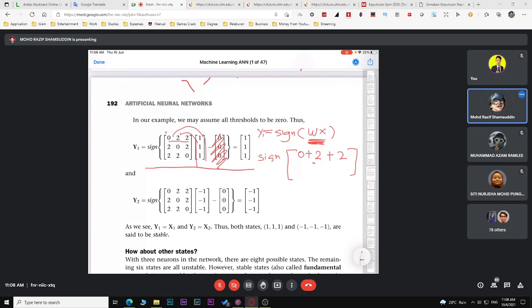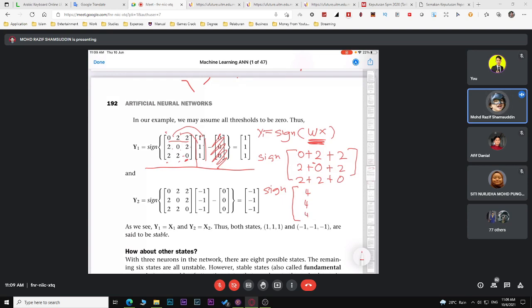Okay, lepas 2 times 1 is 2 plus 0 kan. Bawah dia pun sama juga. 2 times 1 is 2 plus 2 times 1 is 2 plus 0. Sebab 0 kan. Sini 0 plus 1. So dapat sign